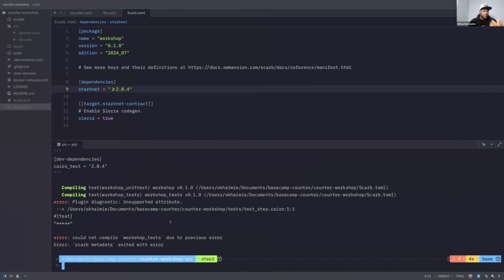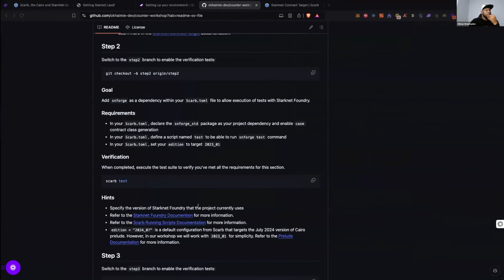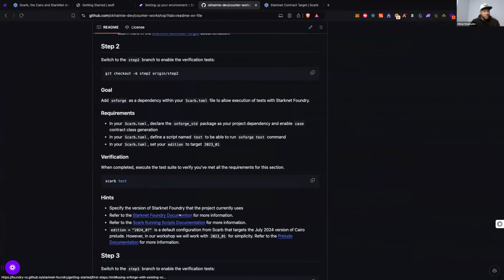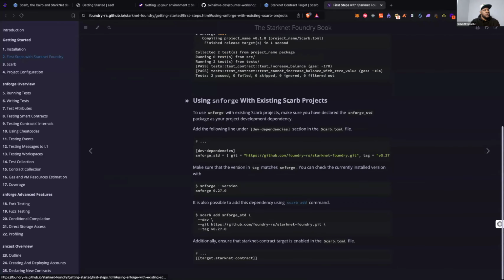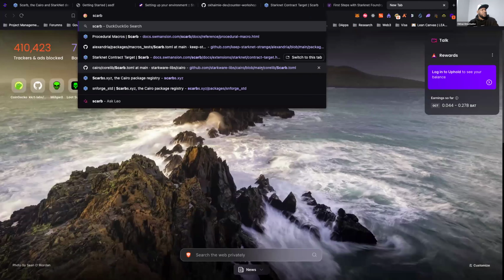So let's try to see if we run a scarb test if this works. It fails, so we've not passed it. So we need to kind of work our way to pass it. So in this case, we need snforge or Foundry as our dependency. If we click on these, we should see the documentation here on adding it. But we can also use Scarbs. They have